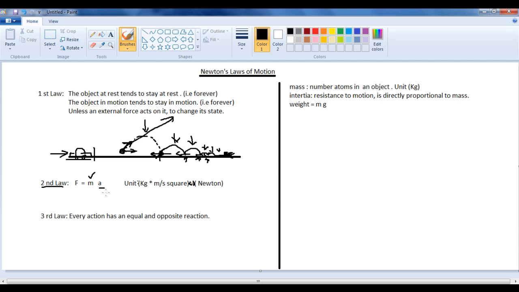We know that acceleration affects the velocity. It scales the velocity, descales the velocity, or changes the direction of velocity. That is what acceleration does. Now we are going to understand what is mass, because that is the most important concept here to understand what force is. Mass indicates the number of atoms in an object.